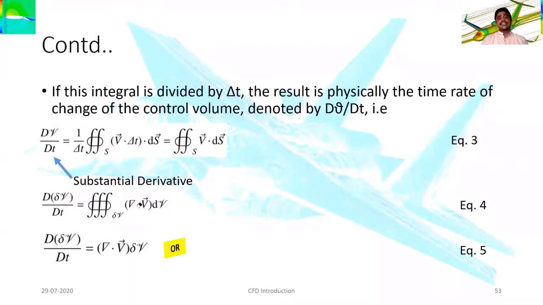Now, if I am not interested in the entire control surface, see here from this equation 3 to 4, even delta V. So if I am not interested in the entire control surface, I am interested only in the infinitesimal, or I am interested only in the finite control volume. So then my actual volume can be replaced with an elemental volume. So that is what we have done here. So the actual volume has been replaced with an elemental volume. So then it has become d by dt of delta V. So that is only the elemental volume I am interested in.